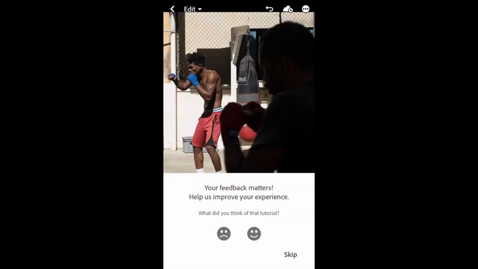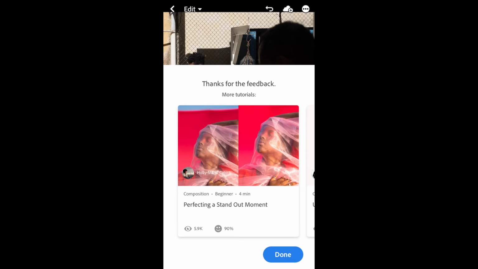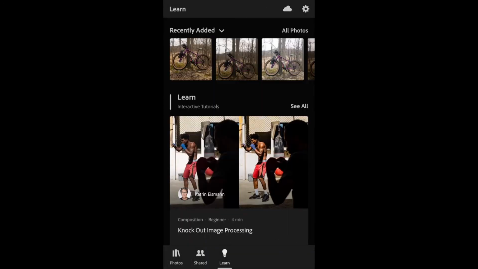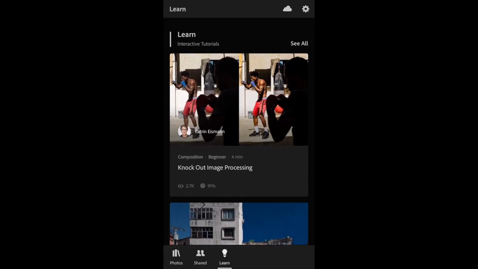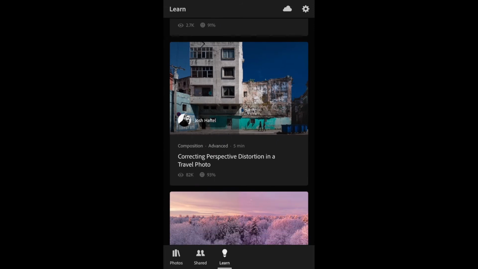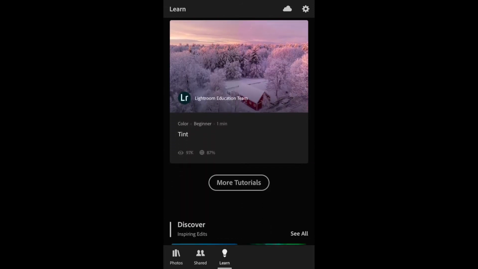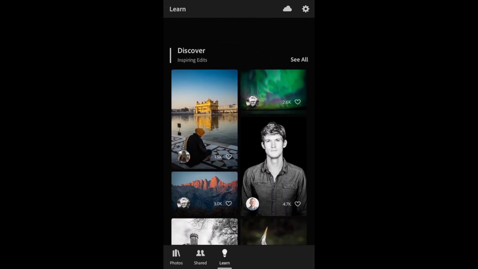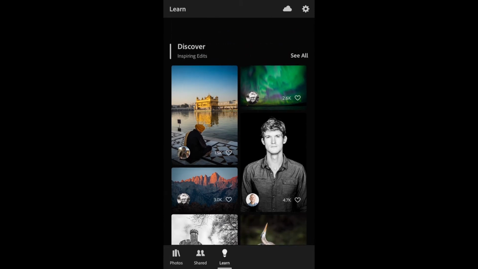Okay, so I'm going to get out of this, and you can see if you go through that process that you can actually go step by step through the kind of beginner compositional things that she does. It includes color, light, effects, and so on. As I scroll down, there's lots of options, more tutorials available, and then I can actually get down here to